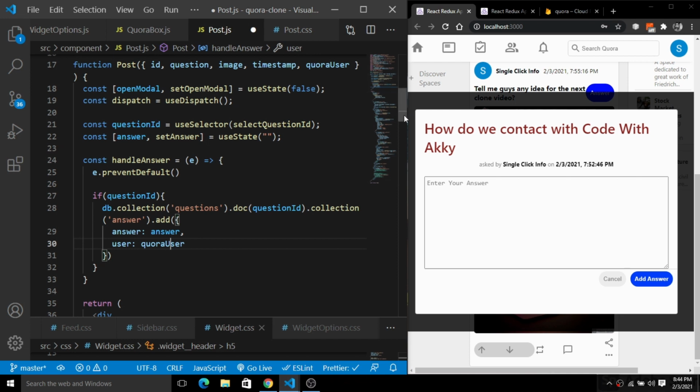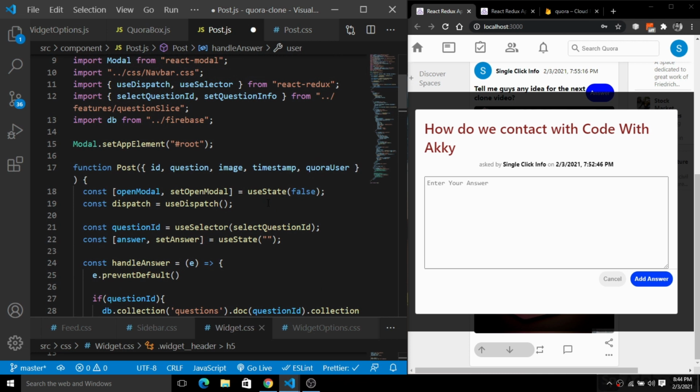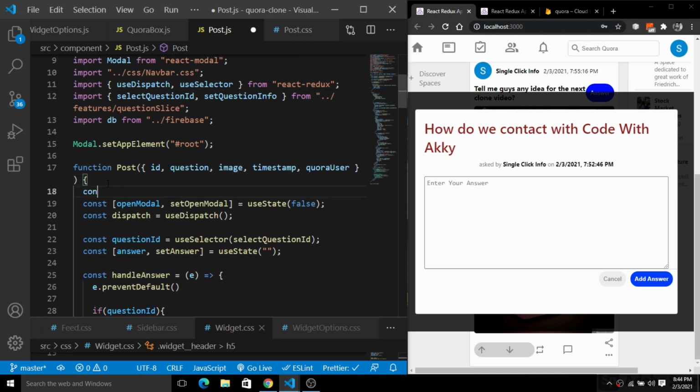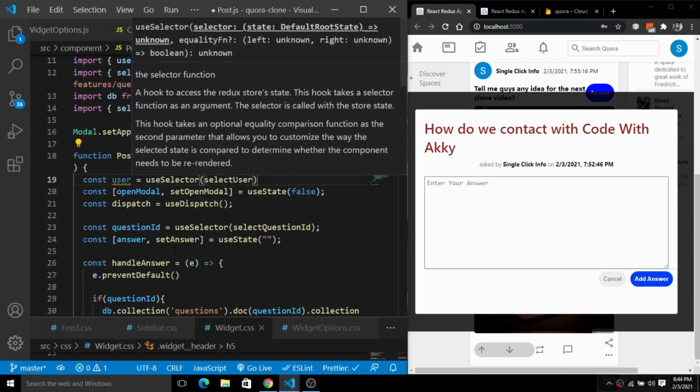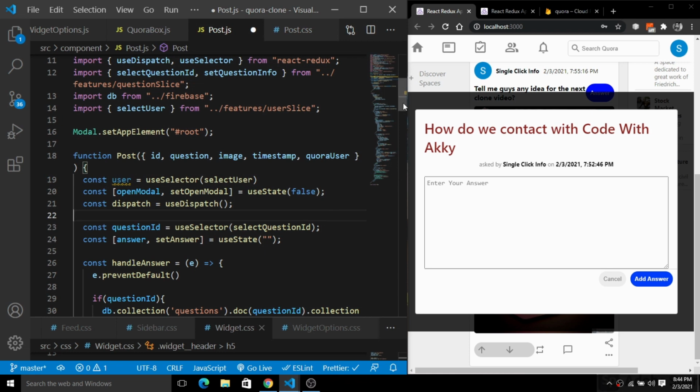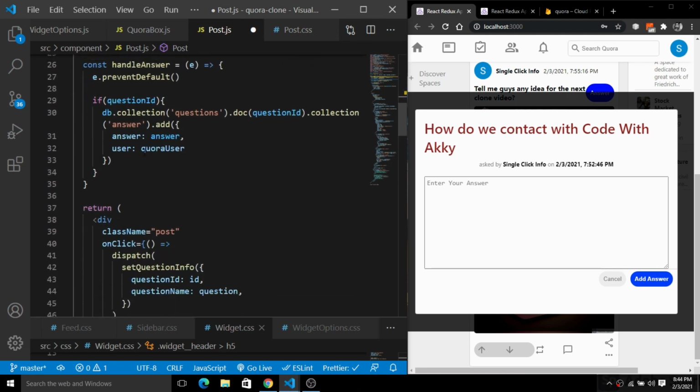So I'm going to create a user state here also. I will create a user object using useSelector, and select user. It will hold the state of the information of the user. So for this we have this user, just like this.